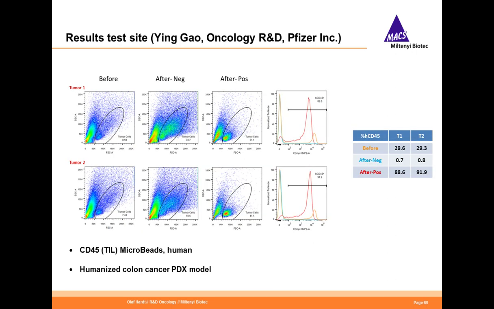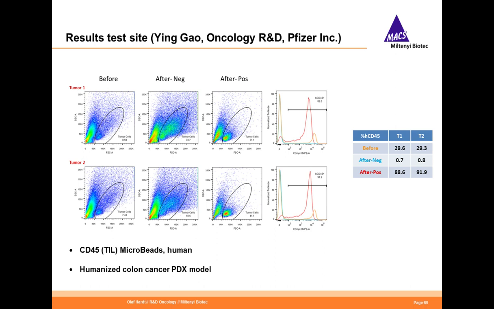And this, of course, because it's human-specific, not only works with the primary human material, but also with humanized animals, which are frequently used now in immuno-oncology applications. And this is data from one of our test sites at Pfizer, where they use mice carrying a human tumor and also a humanized immune system, and then they are testing, for example, bispecific antibodies, T-cell engagers, and then want to isolate their T-cells that are actually infiltrated in the human tumor xenograft,